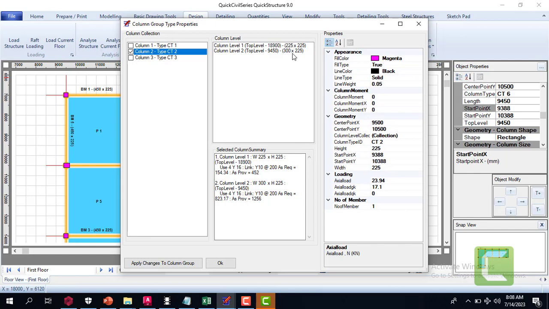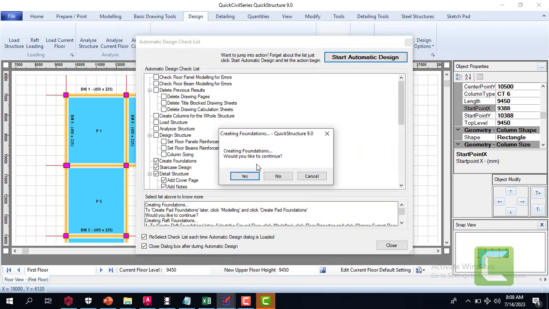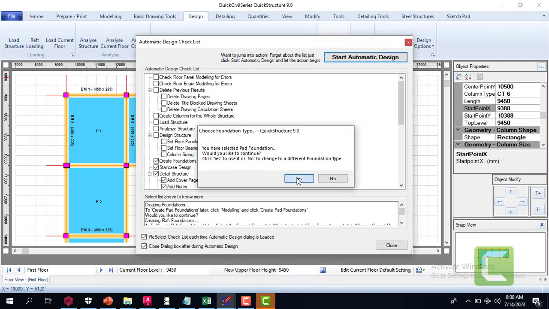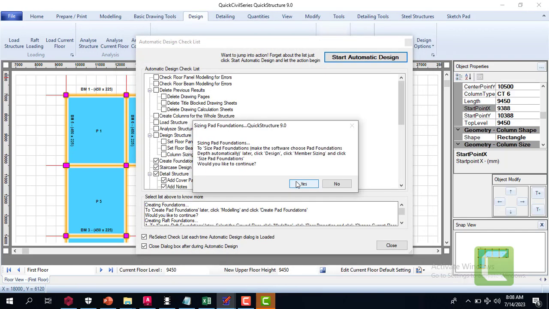You can see at level 2 it is telling us that it is 300 by 225. The other level here is 225 by 225. So we can just adopt one particular type of column, and then we'll click on yes,